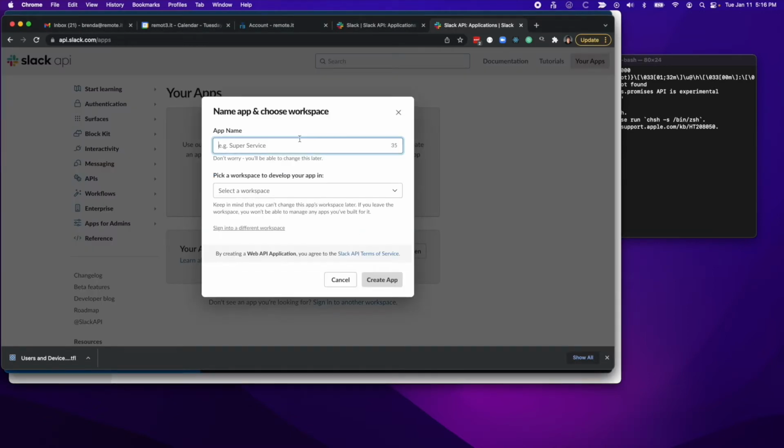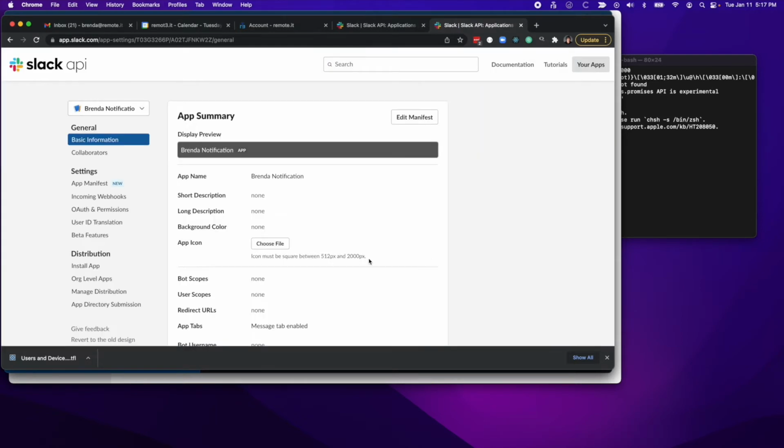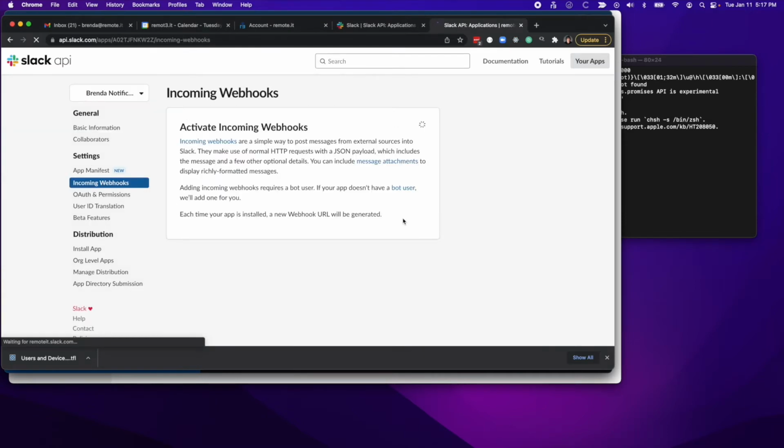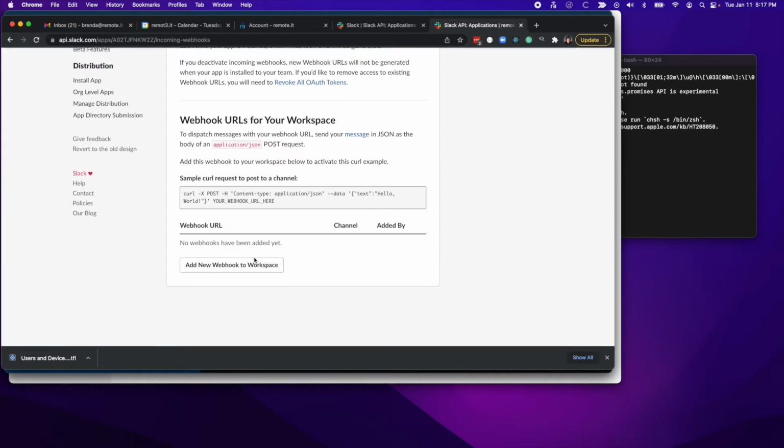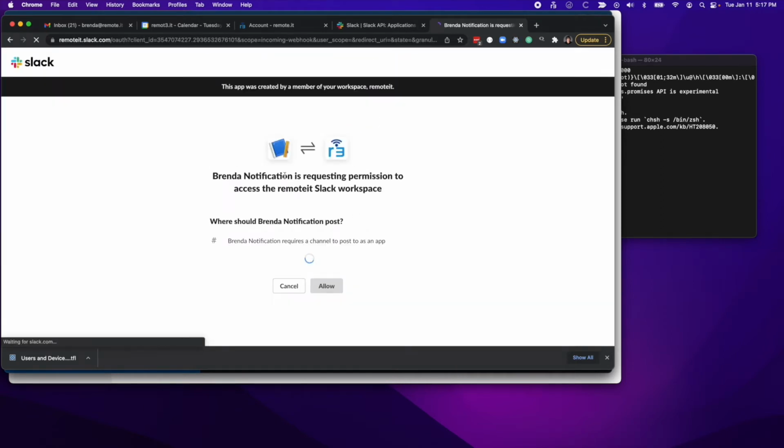Name my service, and pick a workspace. Once I've done that, I just go to incoming webhooks, turn it on, add a new webhook to my workspace,